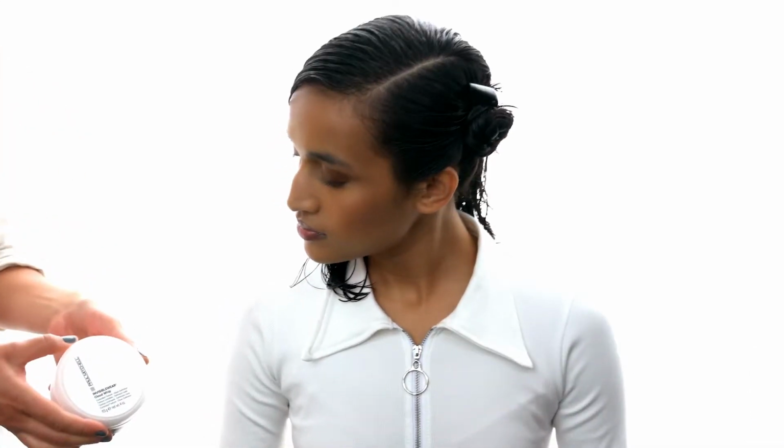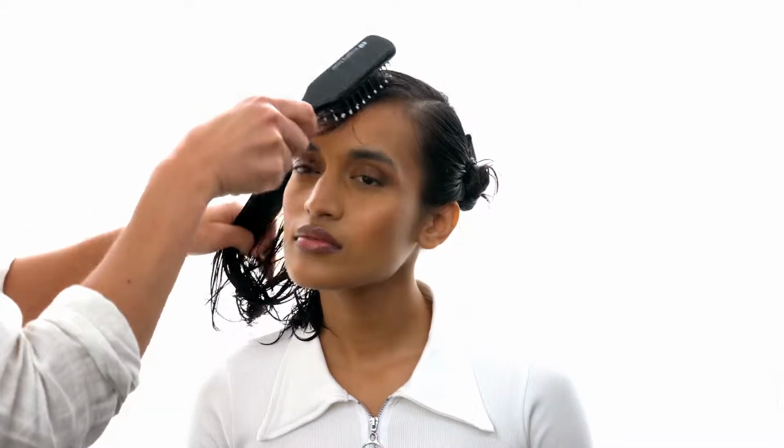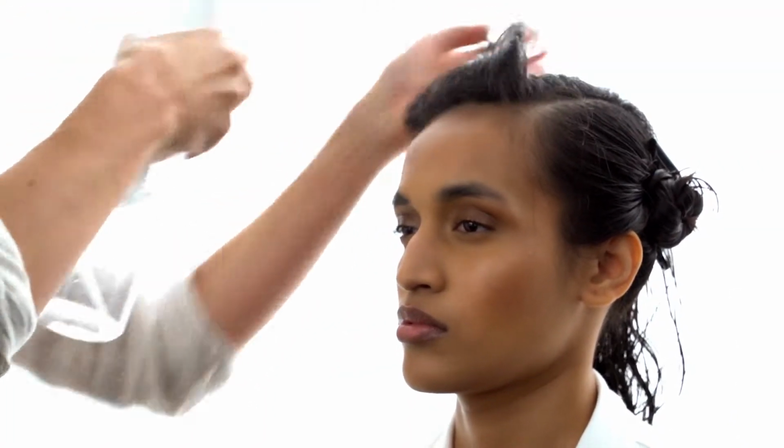On damp hair, apply a few pumps of Invisible Wear Volume Whip for a lightweight lift. Next, apply a small amount of Cloud Whip to control the texture of hair and leave the blowout with a soft velvet touch. Use the Express Ion Dry Plus and 413 sculpting brush to start by pre-drying in the fringe